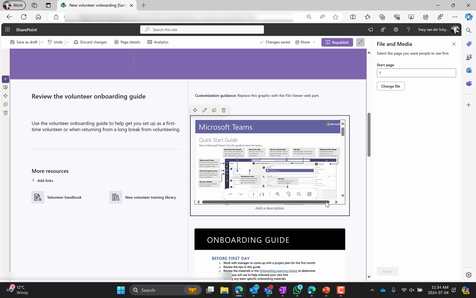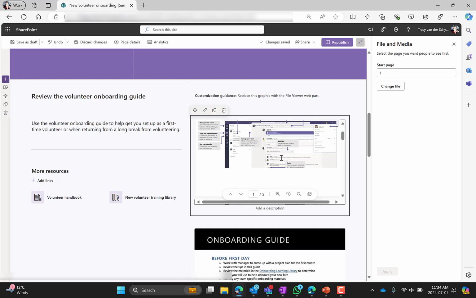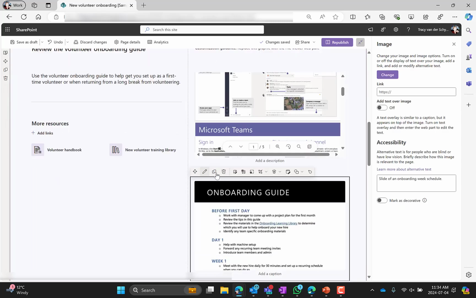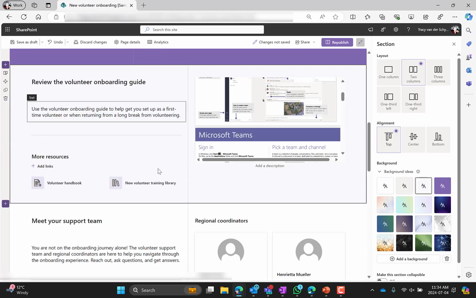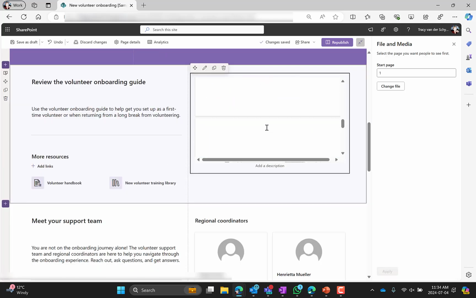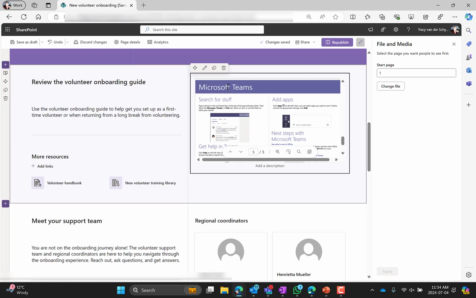Landscape shows much better. If this was a portrait, it would show half of it and you'd have to scroll down. So that's quite a nice way to actually load the document on the page. So let's just remove those placeholders. So very cool. You can actually scroll through a document on a page. So that's the file